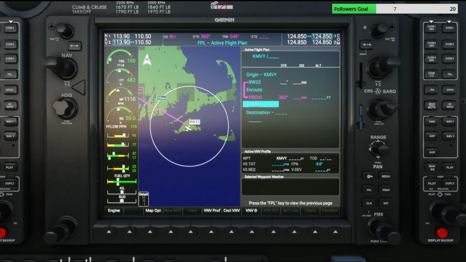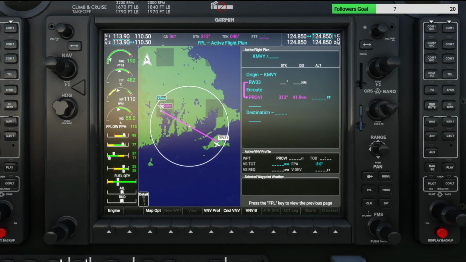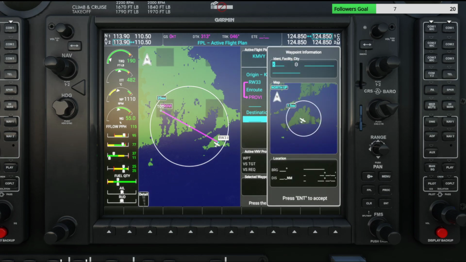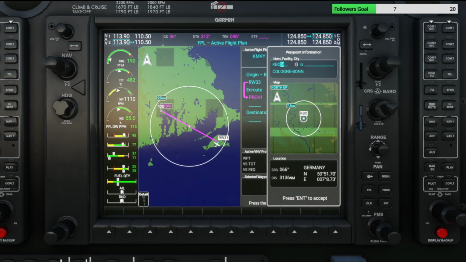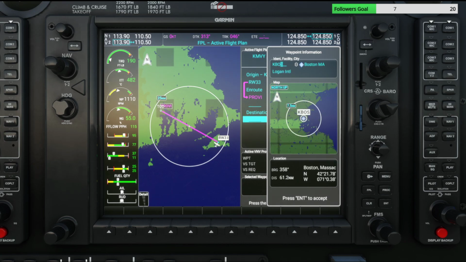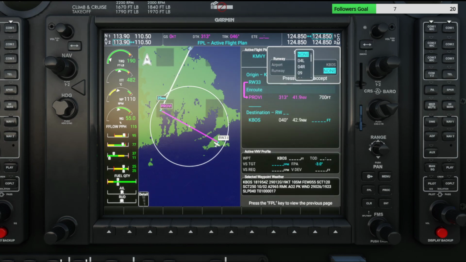Okay, there you go. We'll press enter, and yeah, it's the right waypoint as you can see on the map, 41 nautical miles away. And then from there we're gonna go to, well, from there we're simply just entering the approach. So let's go here, select Kilo Bravo Oscar and Sierra. We'll press enter. Runway, we know we decided to go 27. Enter,